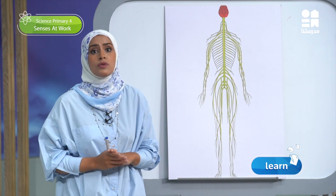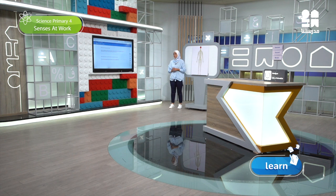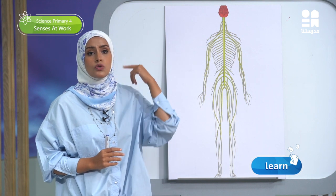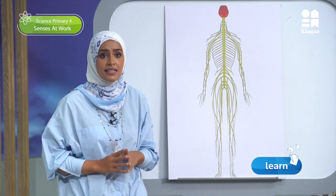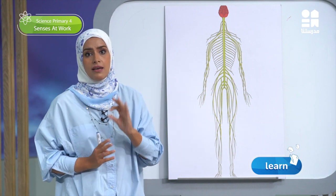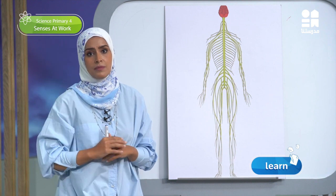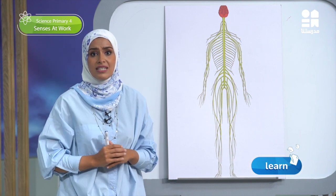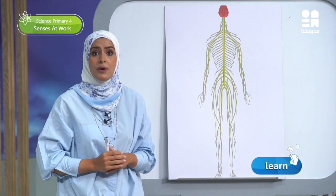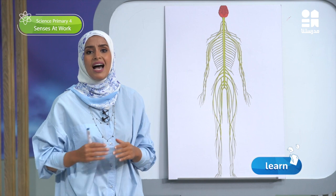Let's get back to the example of pizza to understand what happened when you smell it. Your nose detects the smell, and the nerve at the back of the nose sends a specific signal to your brain. That signal travels as electrical impulse, إشارات كهربية, from the sense organ along the nerve to the brain. Once the information about the smell reaches the brain, it can determine what to do with that information, including how to